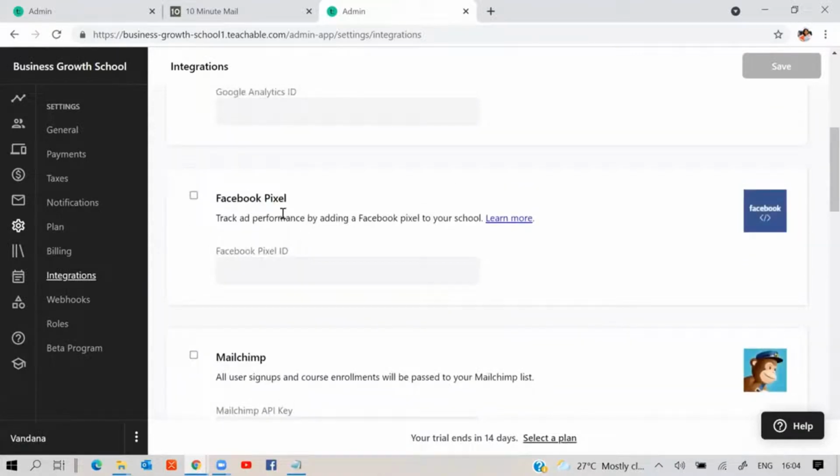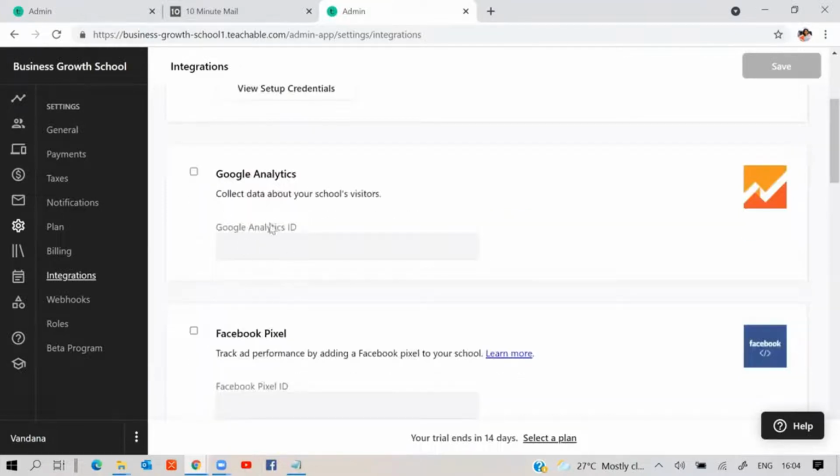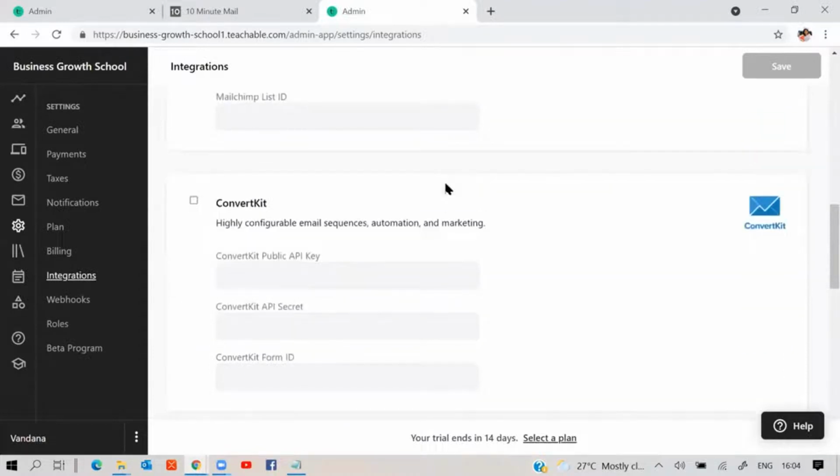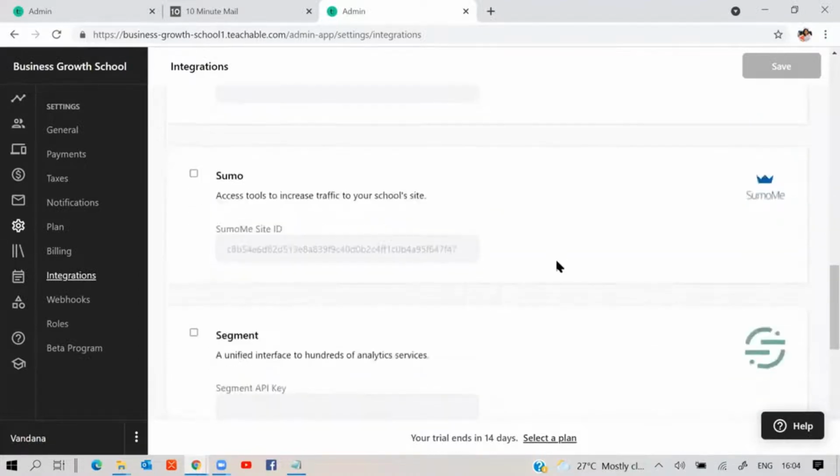Facebook Pixel, basically it is for tracking your ad performance and the kind of people who sign up, because it really helps develop your pixel. Your pixel is an asset. Your Facebook pixel becomes an asset. Yeah, and you can sell your Facebook pixel, once it has enough data. Again, Google Analytics, it's an analytic tool. What kind of people come on your website, come on your school? It is gathering data, so it will try to give you a more relevant quality audience. So these are things you wouldn't know if you're not technically expert. That is why you need people who know all this stuff, who will set up everything that is needed for you, which works in automation.